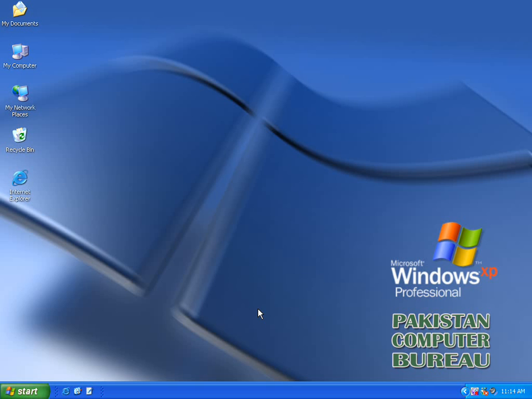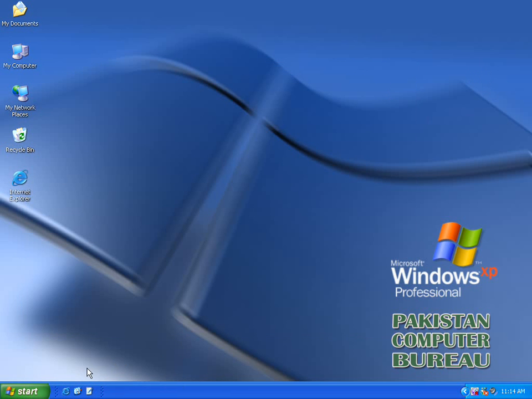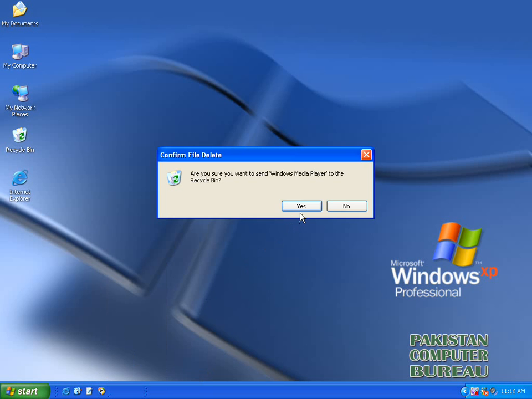Earlier in this course, I told you about Quick Launch from the taskbar and how you can use the icon shortcuts to access the different applications. For example, here, I can click on Internet Explorer and then on Windows Media Player. If I delete Media Player, it will not erase the Media Player program from the computer's memory and will simply remove the shortcut from the